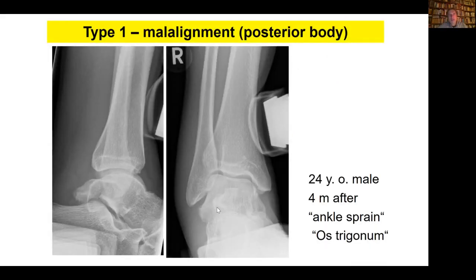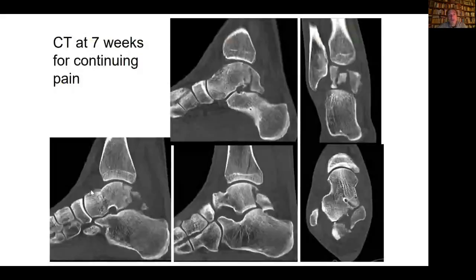Now this is a malalignment of the posterior body, and a nice example why it is also good to know the anatomy of accessory bones. This patient was treated in that torture machine here, like a Spanish boot in the Inquisition, because he was suspected to have an ankle sprain. And even with patients that only have an ankle sprain, we don't do this anymore. Here it was tested. The ankle was stable, of course, because the fracture was in the talus, and the patient was diagnosed to have an os trigonum. But this looks quite big for an os trigonum, and the patient also had a significant pain and an adequate trauma.